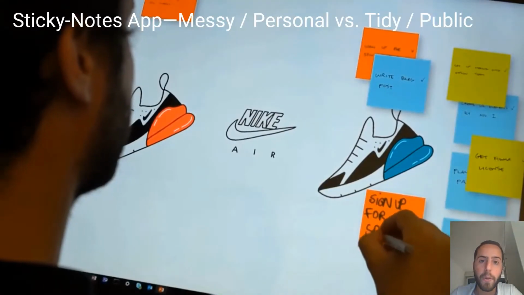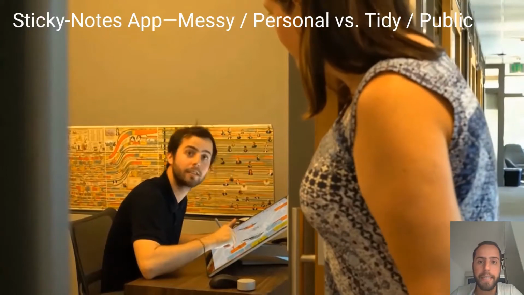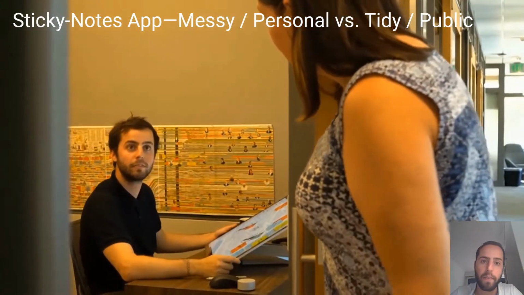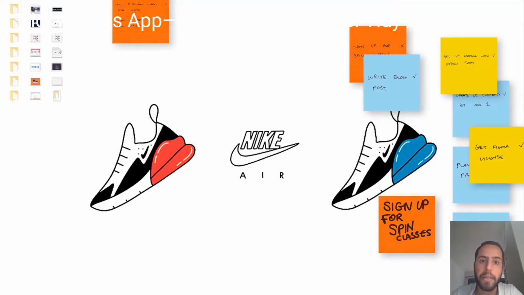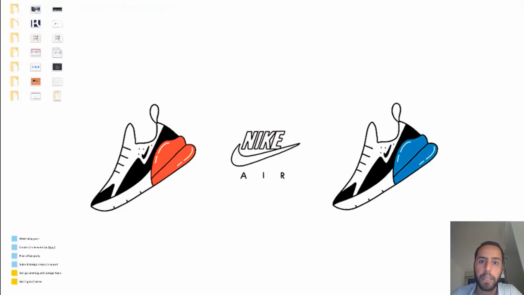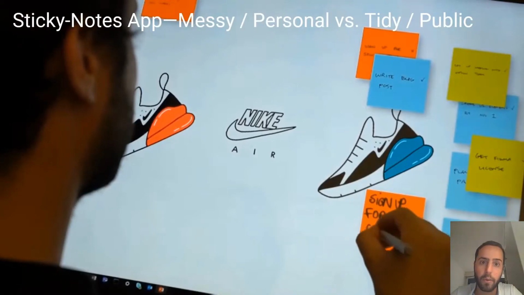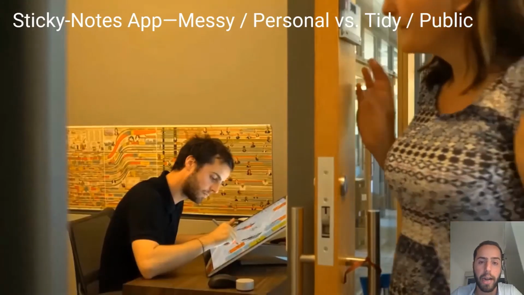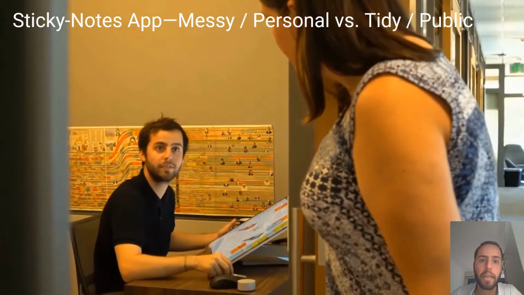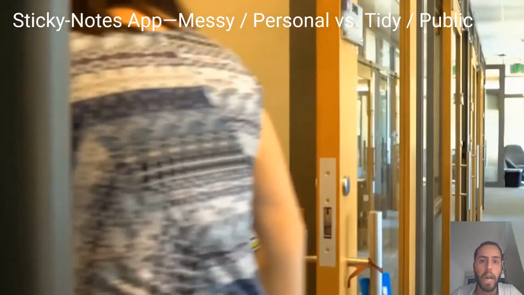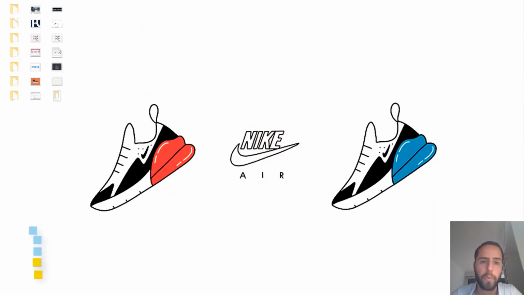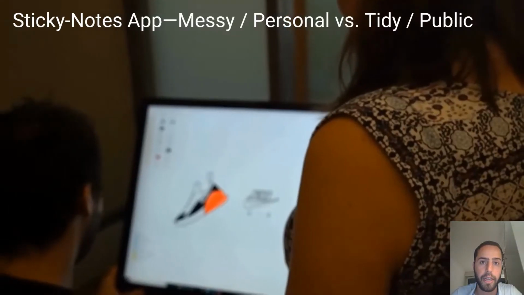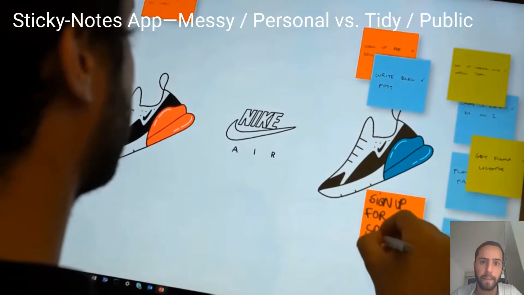In another example, we explore the duality between messy and tidy and private and public while filling sticky notes. While in the low angle posture, the user can jot down notes on orange stickies which can be left lying around the screen like a messy desk. If a coworker comes in, you can angle the display vertical to automatically tidy the annotations and hide personal information.